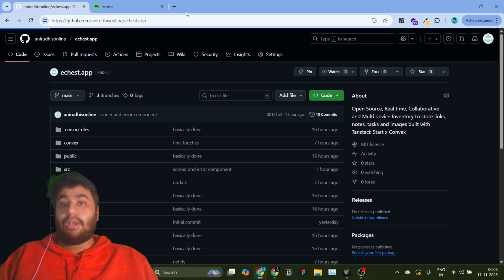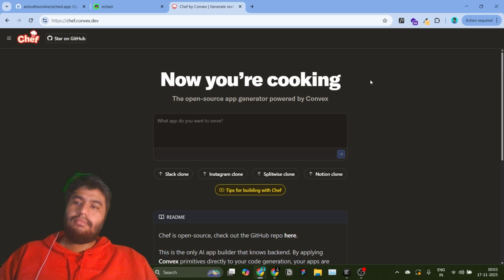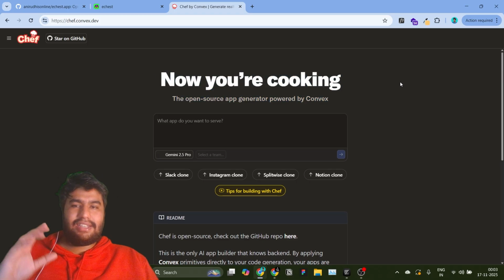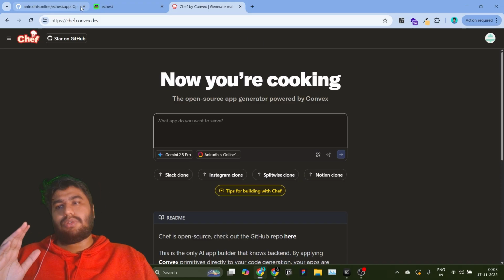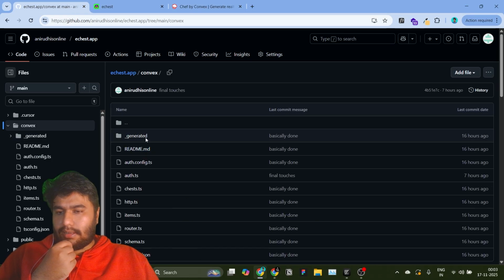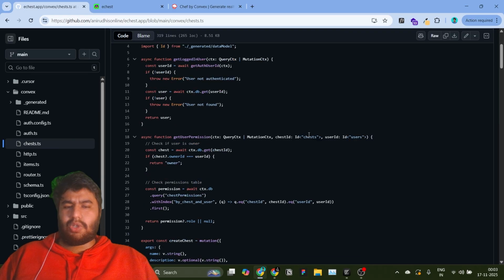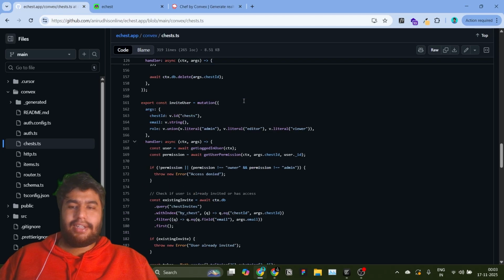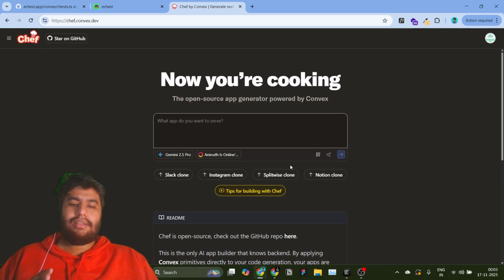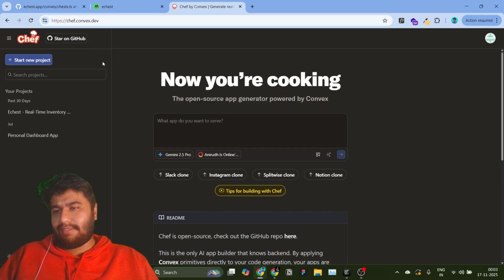And yeah, of course, there is one more thing that I need to mention, which is Chef. So Chef is an AI app builder, but it is specifically for Convex. So if you can see here, there is this Convex, right? I can go to chest, for example. All this code is generated by Chef, and of course I went and double checked if everything is correct. But Chef was able to one shot,